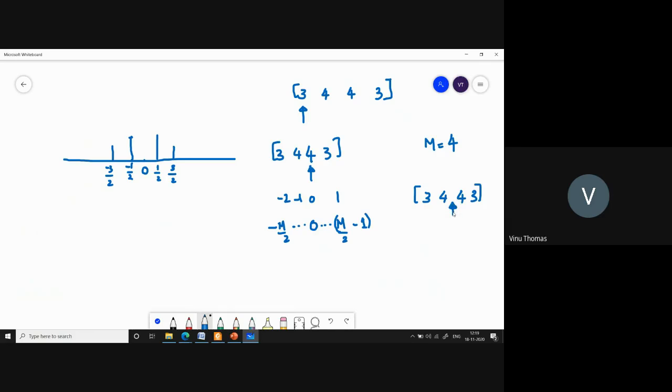So this will result in a labeling of the index in this fashion. So here I will have 0. This will be plus half. This will be plus 3 by 2. Therefore, this will be minus half, and this will be minus 3 by 2. So we have a kind of renaming of the filter indices. Okay, so now we'll go back to the presentation.